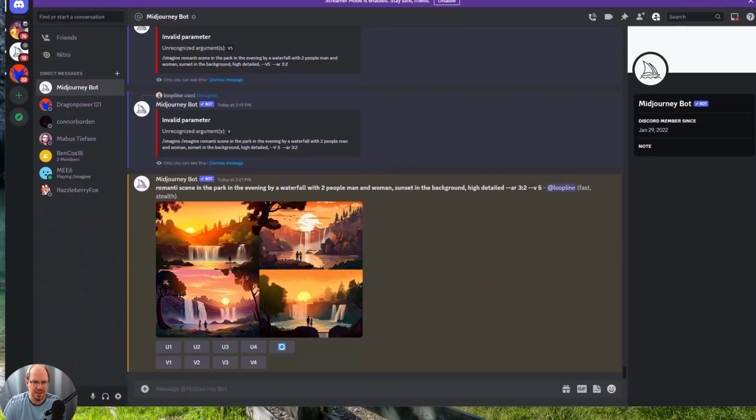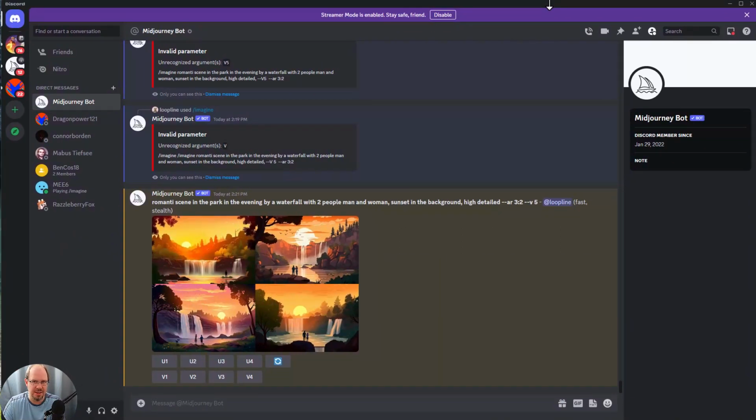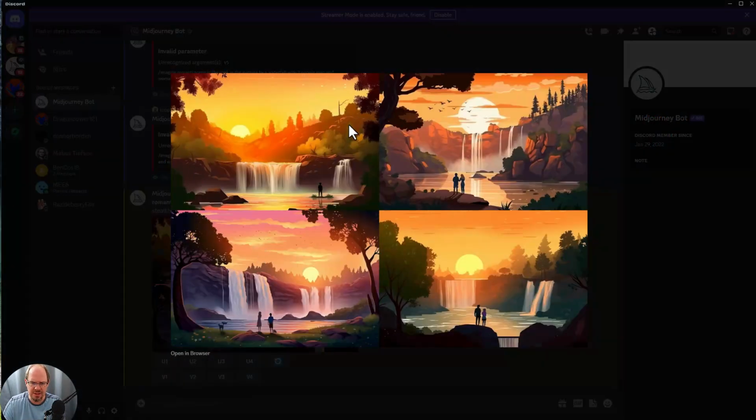And someone today talked about romance novels, for example, that they write. I don't think they write them with ChatGPT. I think they actually write them. But I punched up a romantic scene with a couple of people in the background, and this is more of an artistic kind of image. You can see that it doesn't look realistic, right? It's more like a drawing or something like that. Not a cartoon really, but something you might see in a novel, but it's not like an actual human being, like a detailed face and person. So it kind of depends on what you're going for. I don't think there's a wrong answer.